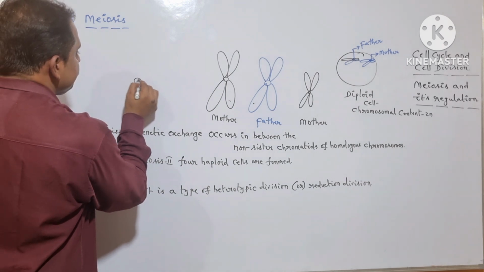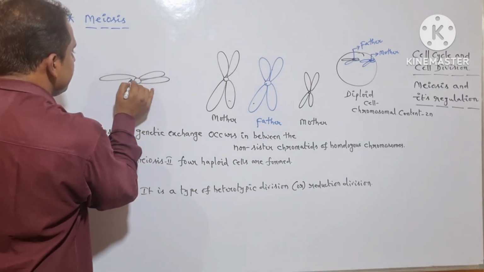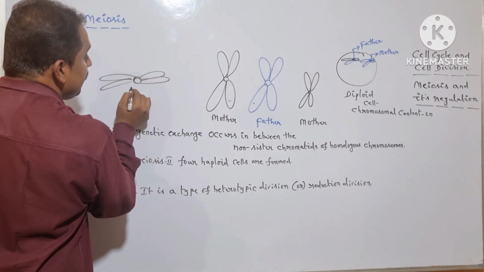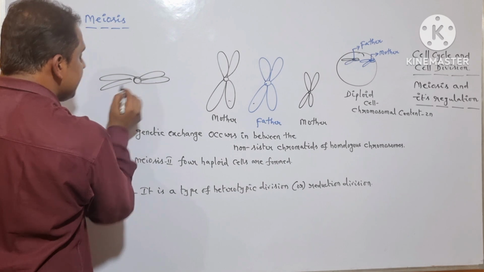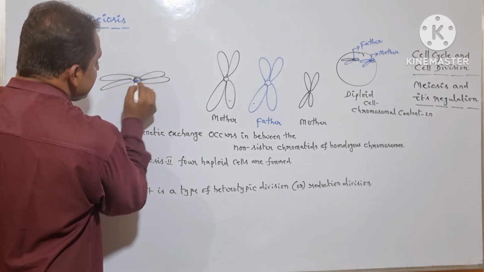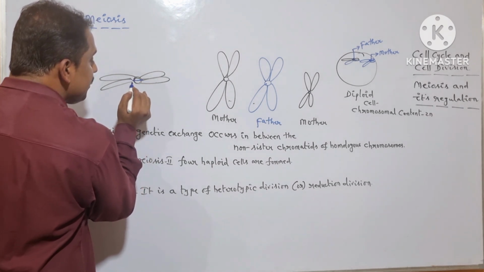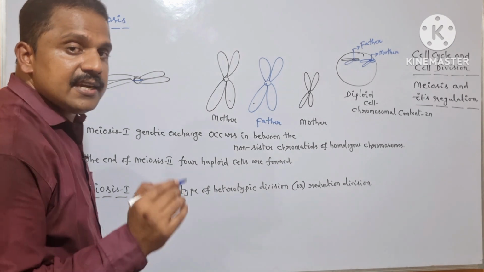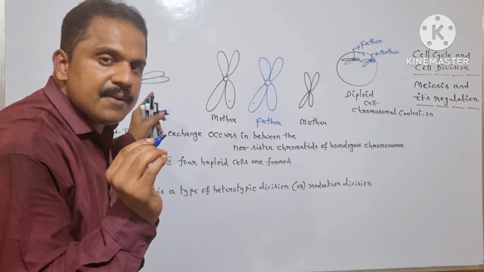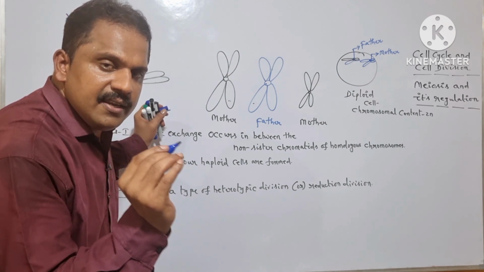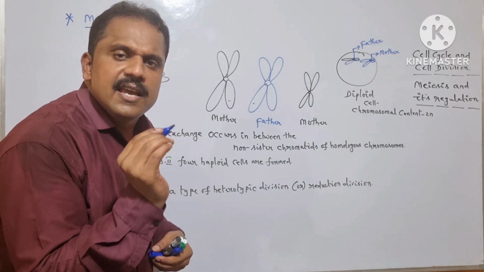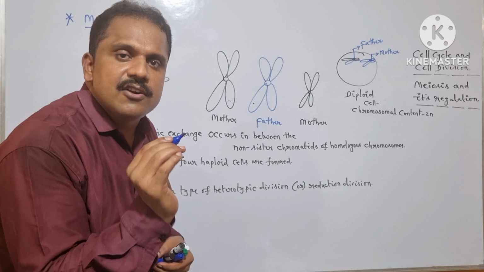So let us assume a chromosome here. Both the sister chromatids are aligned by taking the advantage of one single centromere. During the anaphase stage, splitting of the centromere occurs. When the splitting of the centromere takes place during anaphase, the sister chromatids are capable of undergoing separation. This is the scenario observed in mitotic cell division. But in meiosis 1, separation of sister chromatids does not take place because splitting of the centromere does not occur.